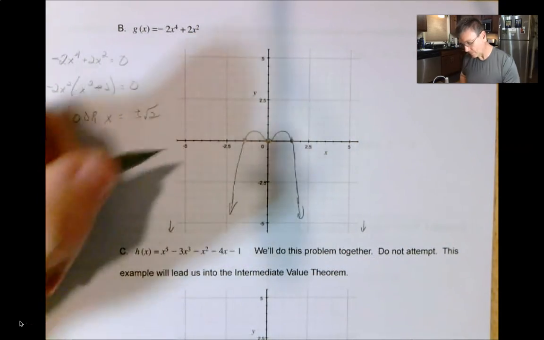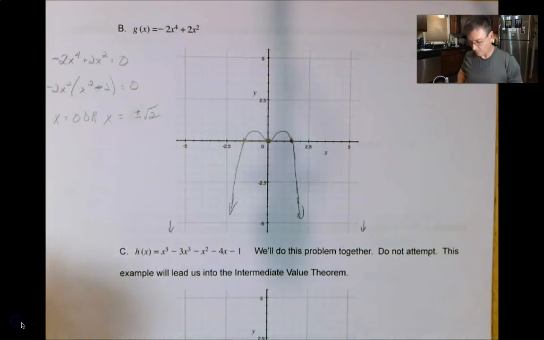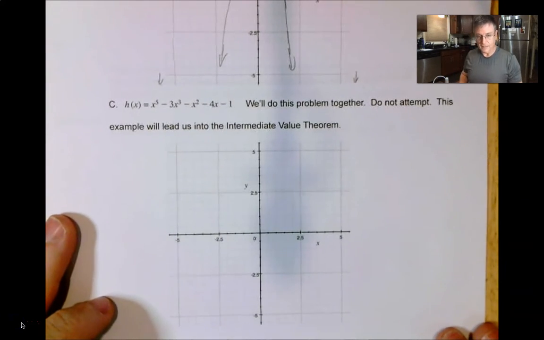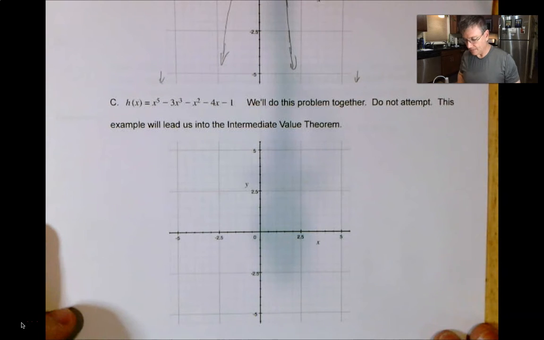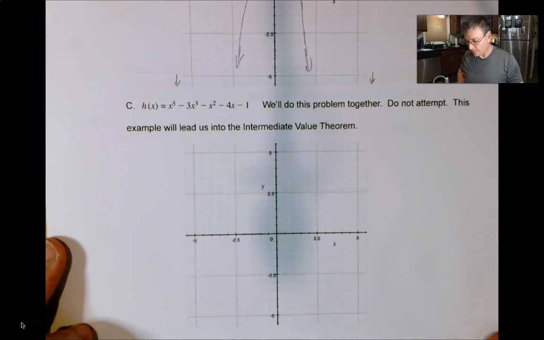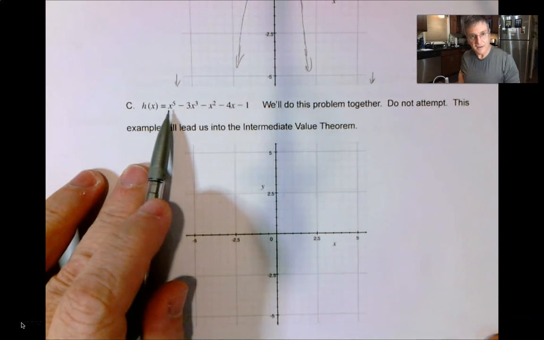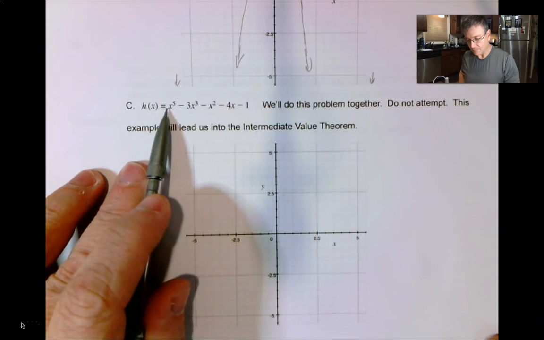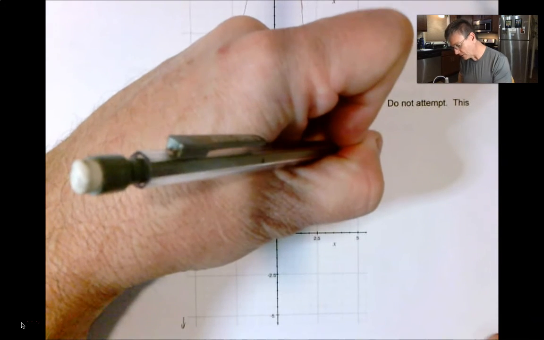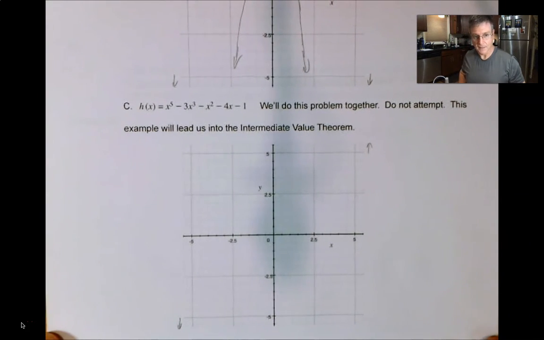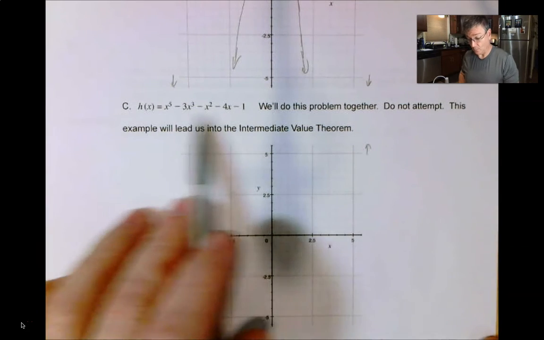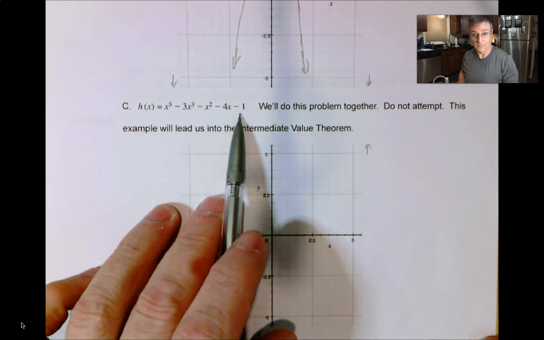Part C. So this is a little more advanced than what you've done so far. Let's take a look. We know what the end behavior is going to be. Okay, it's positive and odd. So down left, up right. Okay, what we need is some way of knowing what the zeros are going to be. Well,